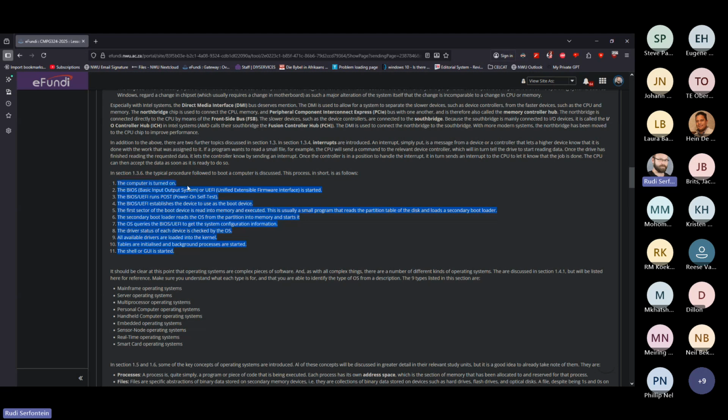Okay, so the way the boot procedure is asked is usually as part of a question that combines topics from the first study unit with the fourth study unit on file systems. So typically when this question is asked, you need to provide this as a diagram that's integrated into the file system diagram. So you need to provide one diagram and not, for instance, the file system diagram and then a separate one showing the boot procedure,